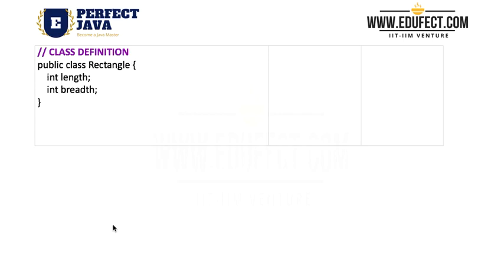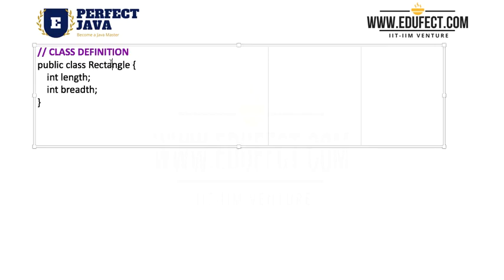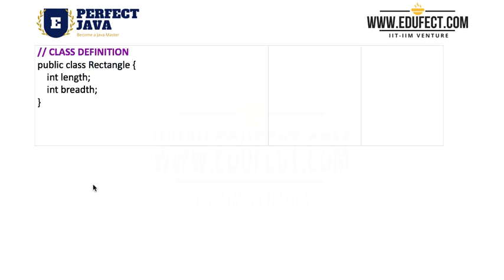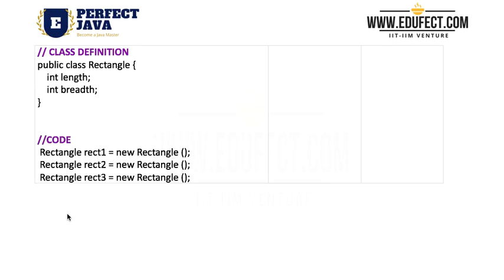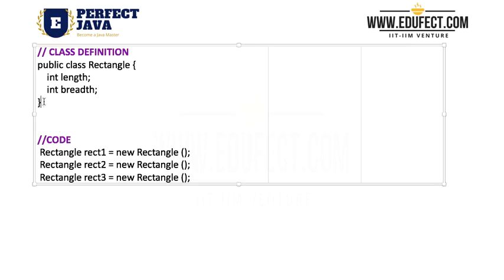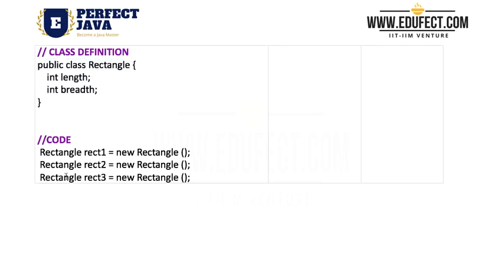Let's look at another example. Here we have a class named rectangle. We know a rectangle typically has two properties that we look after, length and breadth. Those are the two that we have defined in the rectangle. We can define a rectangle if we know its length and breadth. Now we can create objects. Here we have created three objects. We can create as many objects as we want, as required for a particular class. The class definition is created once because that's the prototype, and then we can create as many objects